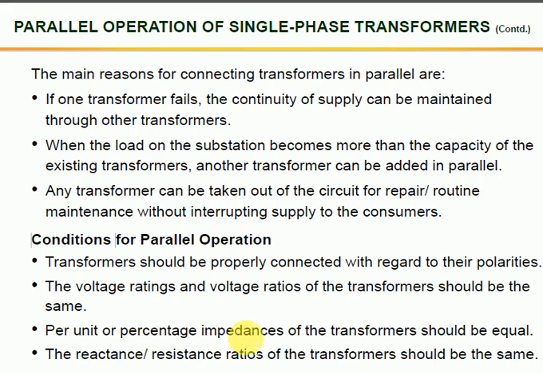The per unit or percentage impedance is very important. The per unit or percentage impedance of the transformers should be equal. The reactance to resistance ratio of the transformers should be the same. These are the essential and defined conditions which should be